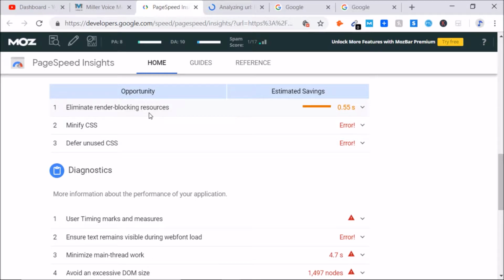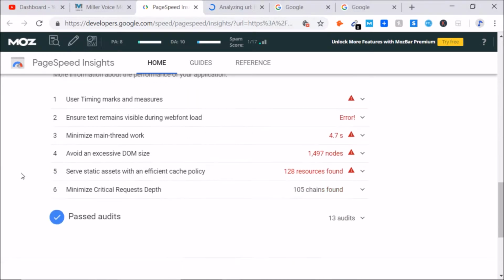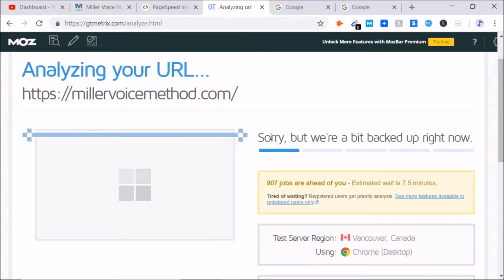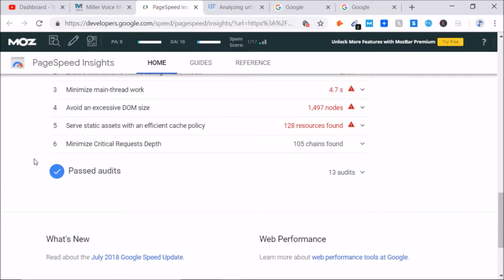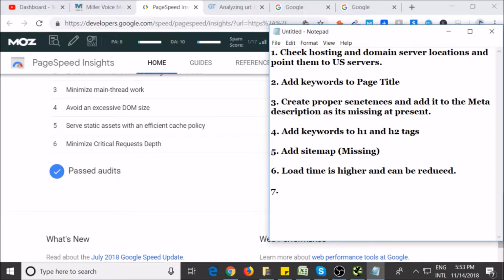So probably what I'm thinking is the major reason is the CSS. So yeah, this can be done by the cache plugin that can be used, and then user time marks issues. All these can be done with an optimize plugin. But let's see. Okay, so that's running. That's going to take a little time for that to run, but in the meantime we get an idea about what's going on. So use a cache plugin,